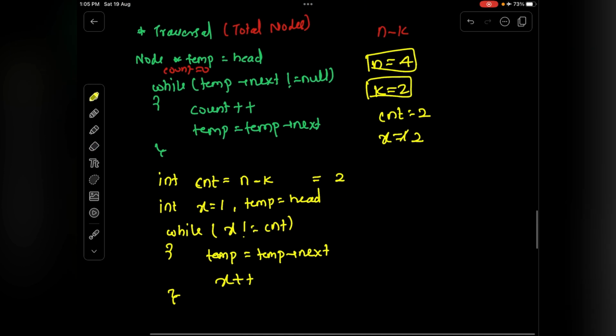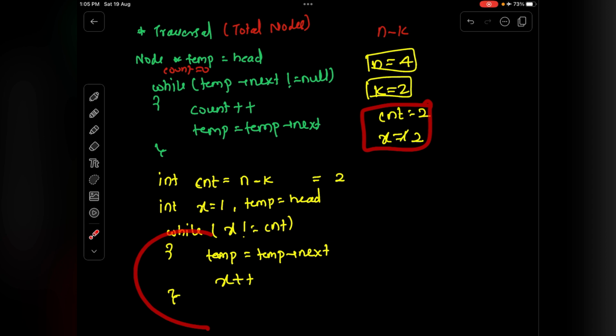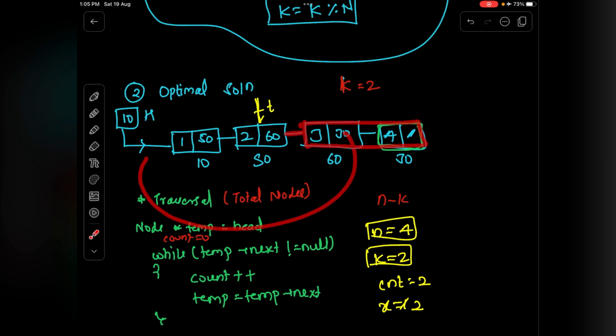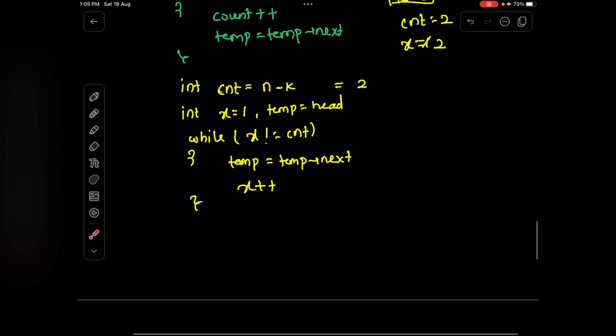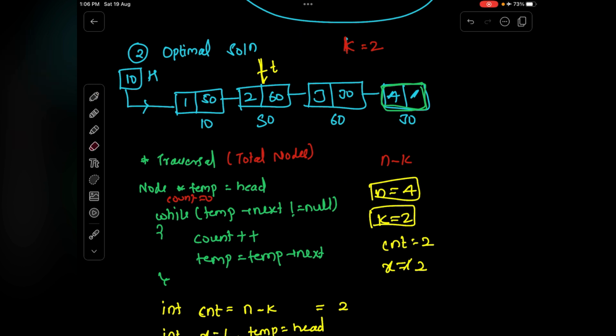Now again we will come back over here and check, is my x not equal to cnt? No, this condition gets false since both are equal, so we come out of it. I hope you understand how we came to this node. Now what I need to do is delete this junction, because I need to bring these two nodes to my front position. So can I simply do temp of next equals to null,